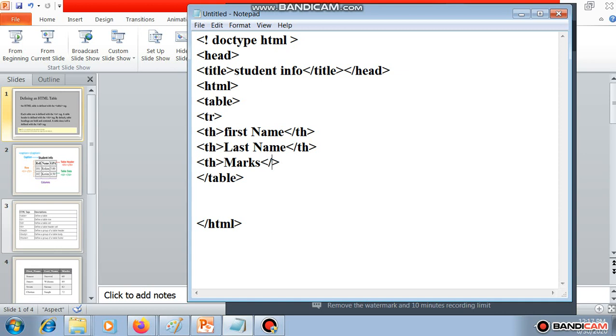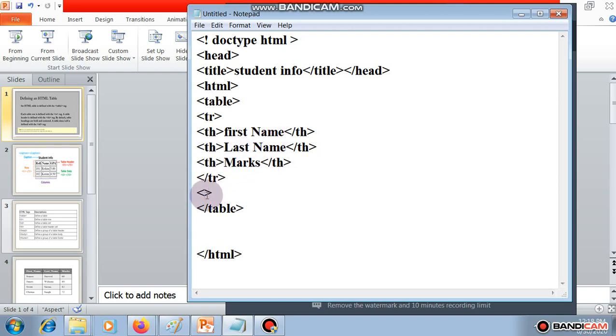Th close. And after that, tr close. Next, this is the first row of our table. In that the first heading is first name, last name and Marks.